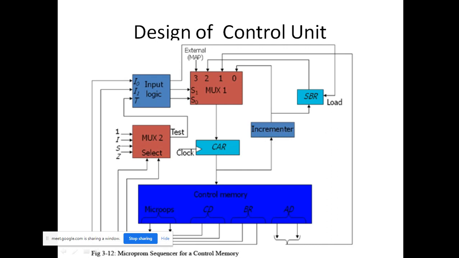This is the control memory. In that control memory there are microinstructions. These microinstructions are divided into these types. First one is the micro operation, that means F1, F2 and F3. Remaining are the condition, which is 2 bits in size, then the branch, and last one is the address. So this is the complete instruction format for the control memory.